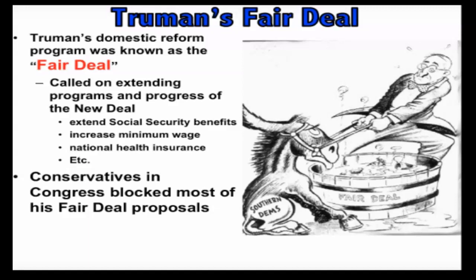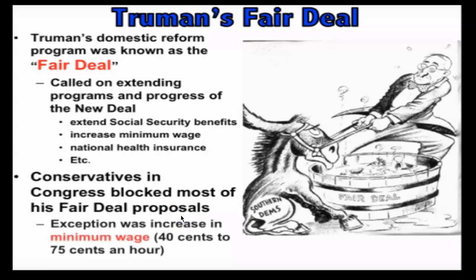Conservatives, the Republican Congress, blocked most of his Fair Deal proposals. You see in the cartoon here, Truman and the Republicans going back and forth. Especially Southern Democrats would prevent him from passing many of his new Fair Deal programs. The exception was an increase in the minimum wage. There was an increase in the minimum wage from 40 cents to 75 cents an hour, which was a decent amount of money in 1947-48 when Truman